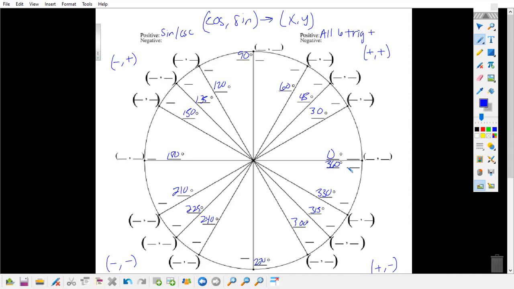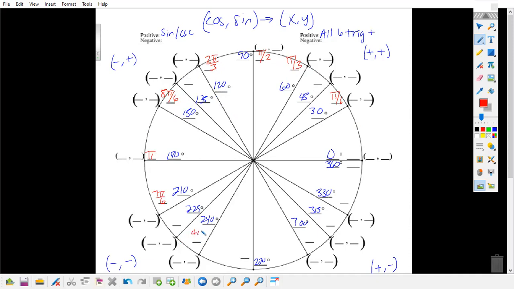Next, I go through and do my radians. With my radians, I start with pi over 6 and I reduce as I go around. Does that make sense? All right, so we have 1 pi over 6, 2 pi over 6, which is pi over 3, 3 pi over 6, which is pi over 2, 4 pi over 6, which is 2 pi over 3, 5 pi over 6, 6 pi over 6, which is pi, 7 pi over 6, 8 pi over 6,